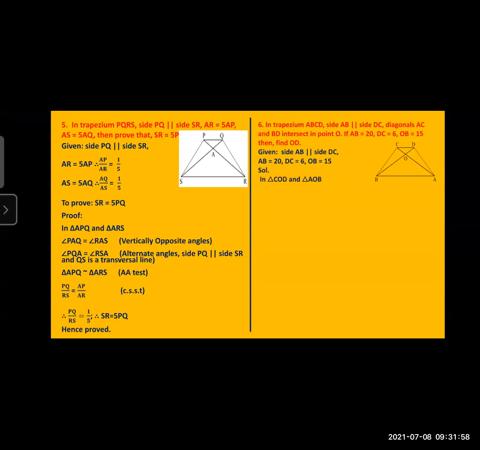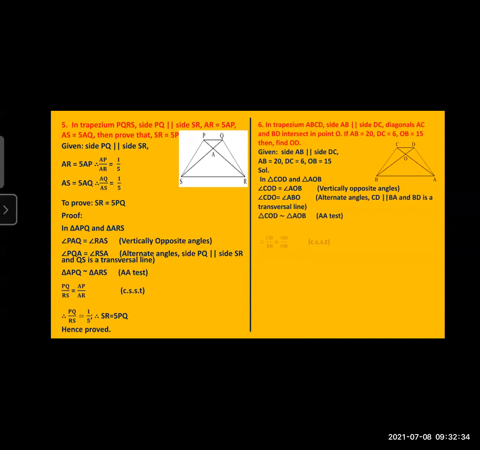Now consider the two triangles. Which two triangles? The upper and lower triangles COD and BOA. Okay. Now first, vertical opposite angle: angle COD is equal to angle AOB. Same condition applies here. Two lines are parallel and one is transversal, then we say alternate angle. So CD is parallel to AB and BD is the transversal. So we write angle CDO is congruent to angle ABO.